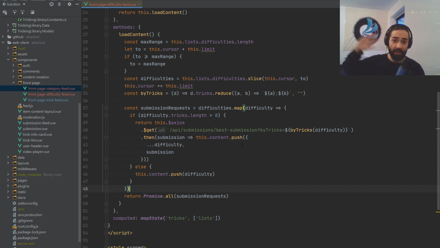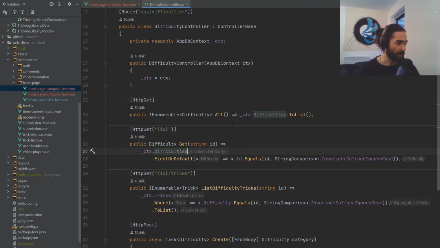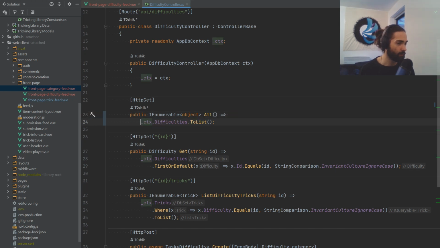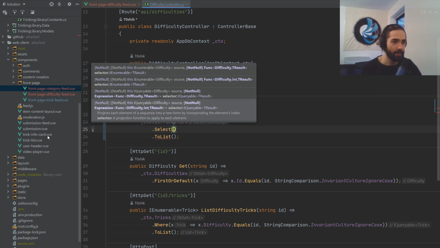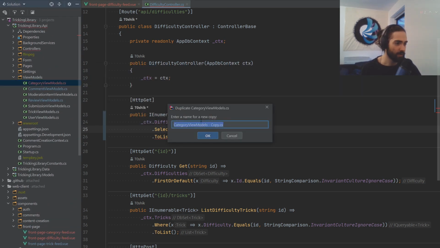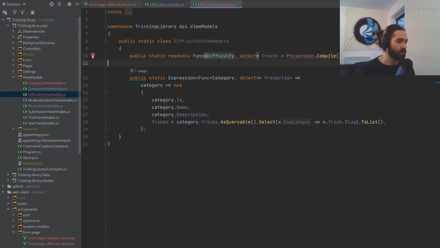Now, remember the thing that we had to do with the category controller to include the trick IDs. The same thing happened with the difficulties, where it's actually missing that array of tricks. So let's go to the difficulty controller, where we have all of our difficulties. Let's just go ahead, put this here. We'll add a humble select, and let's go ahead where we have the category view models. Let's just copy it, remove the copy. Difficulty view models, grab the name, you can rename it, change the types,